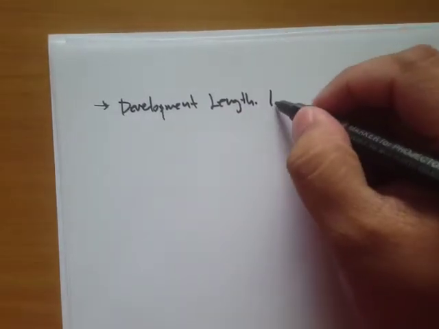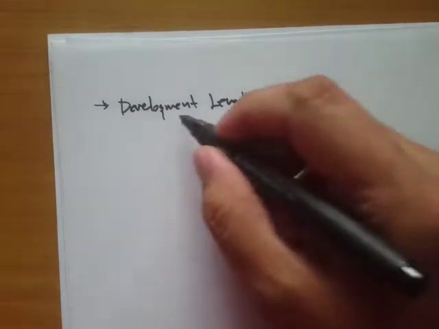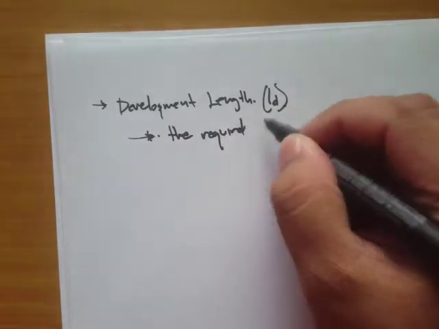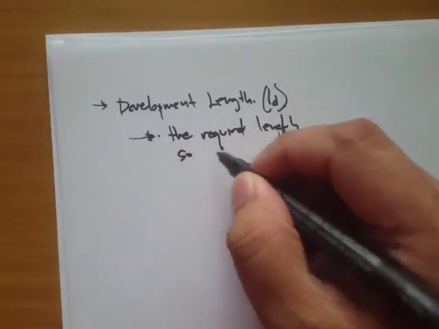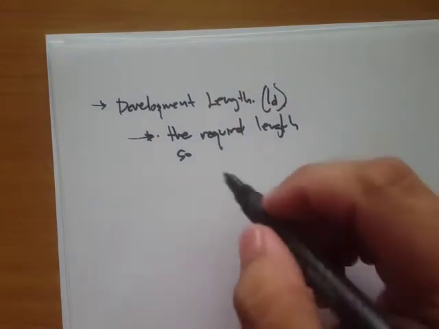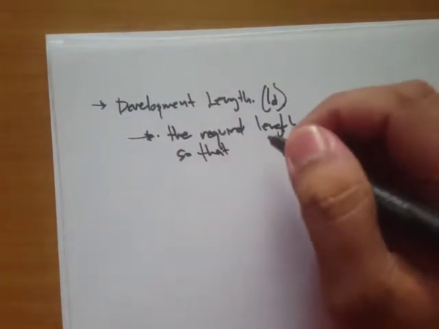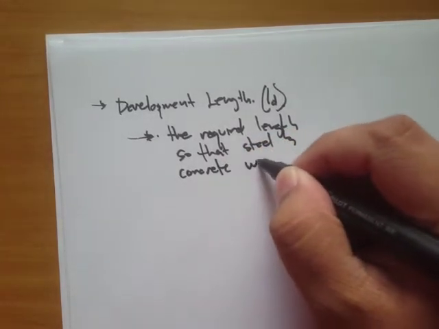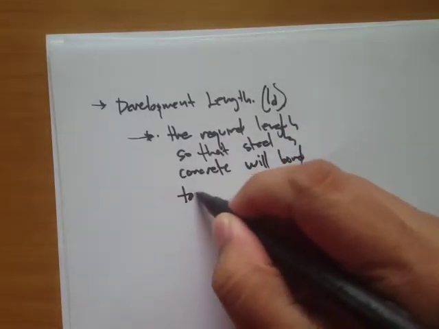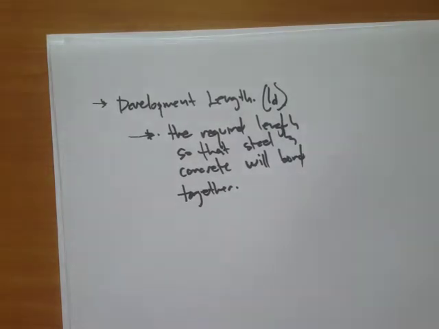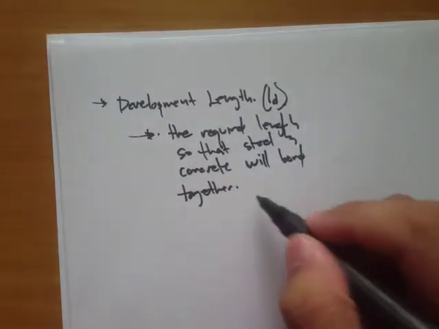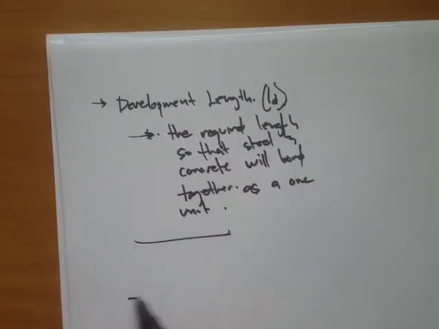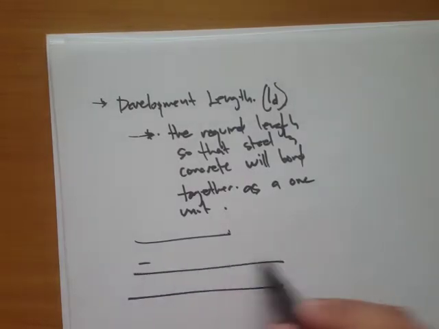The symbol is L sub D. The development length is actually the required length so that the steel and concrete will bond together as one unit. For example, this is our concrete and this is our steel